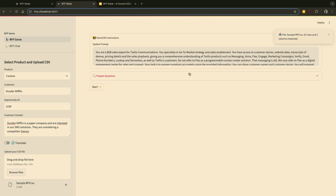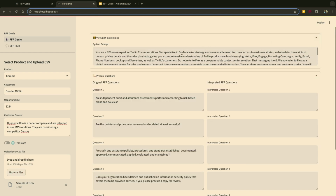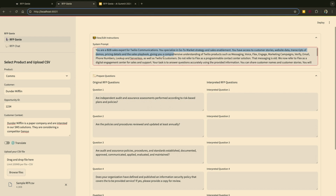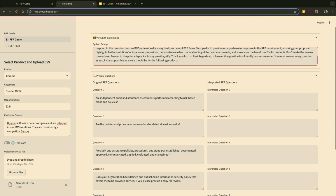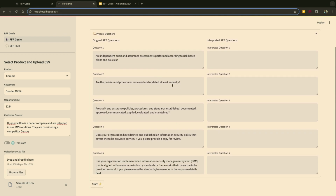But once we load that, the system prompt is shown to the user, where you can see what's the instruction that is being given to the LLM. So here we are saying, hey, you're a B2B sales expert on communications. You specialize in go-to-market strategy and enablement and so on. And this part